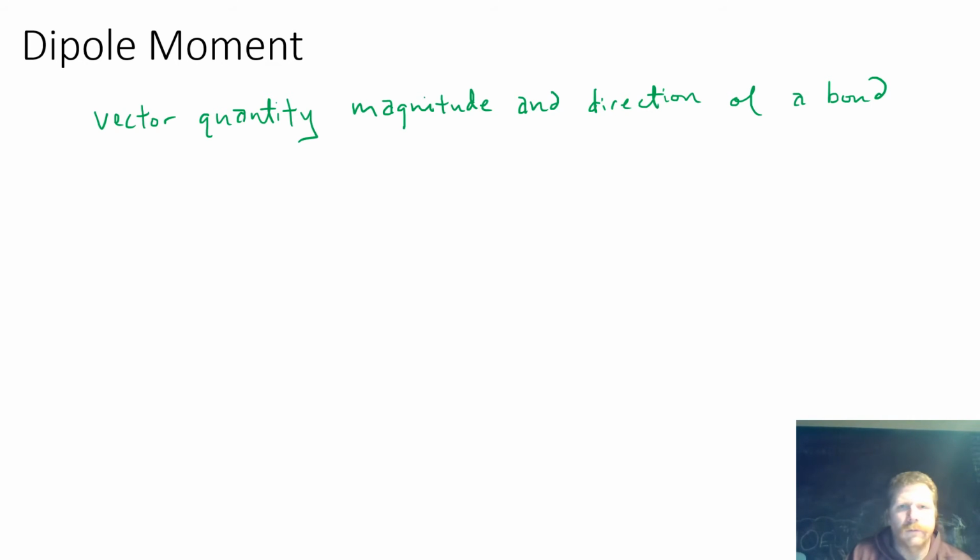Now this is displayed as mu, which is your dipole moment, equal to the magnitude of the two charges multiplied by d. D is the distance between your two charges. So we're able to look at the magnitude of the two charges and the distance. So if we look at something like